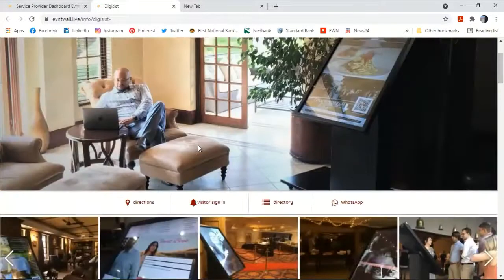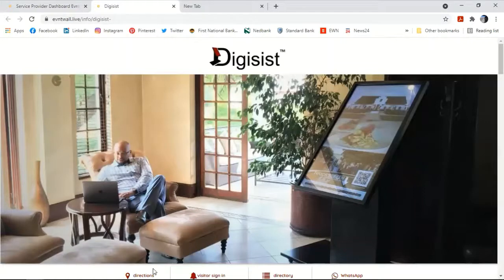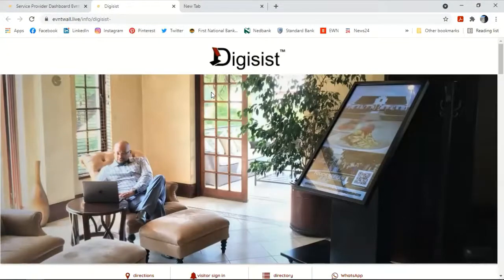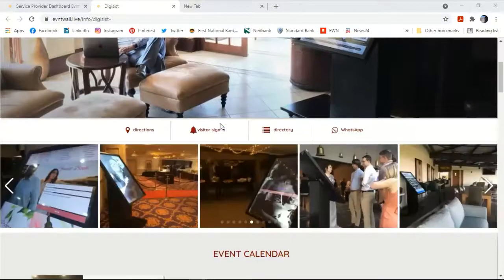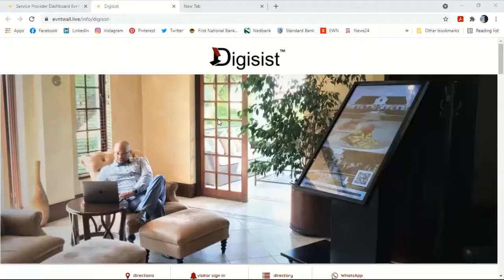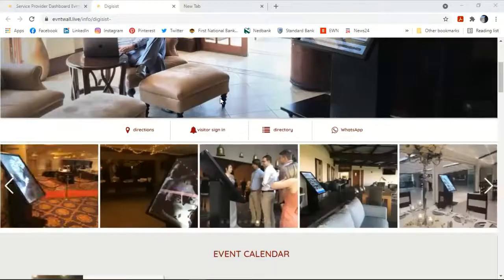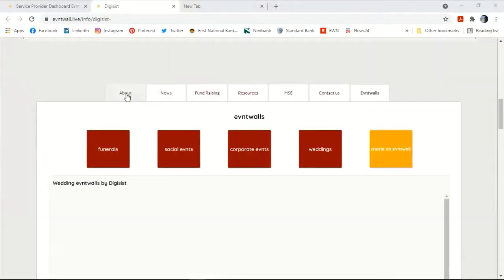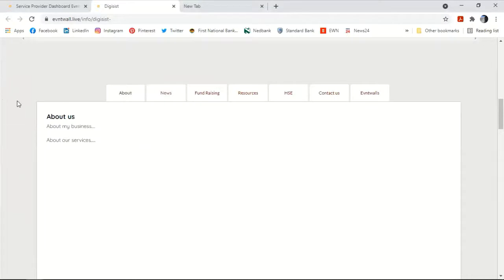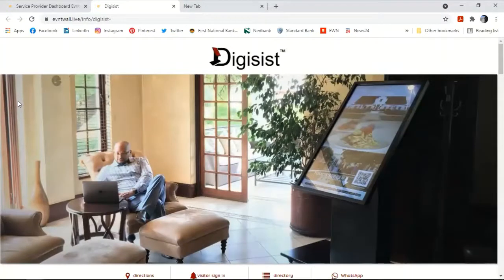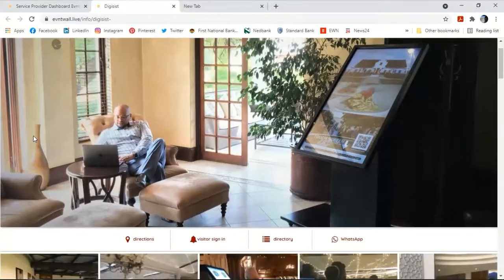Coming back to the front end, just to give you an idea of what it looks like when the event has been fully completed. Since I'm unable to go out of that screen, I won't be able to show you in this regard. However, this is basically what Evntwall entails. As you can see, it's a free service, and if you do not even have a website, it goes without saying that Evntwall makes for a very good substitute, as you can use your Evntwall profile as your